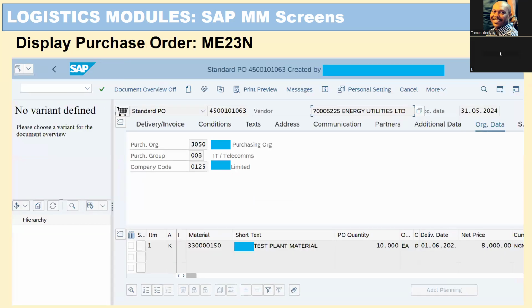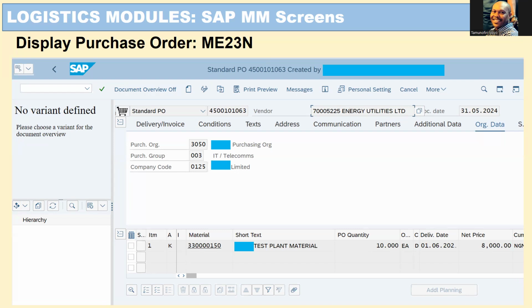Then we have the PO. Purchase orders are critical documents used to formalize the purchase of materials or services from vendors. When you want to create a PO, there are basic things that you need to input into the system. You need to input the vendor and the organizational data. You need to provide the header data as well, which would include the document type, the date, currency, terms of payment, and the like. All these are not on this particular slide, but if we are going to do a formal training,